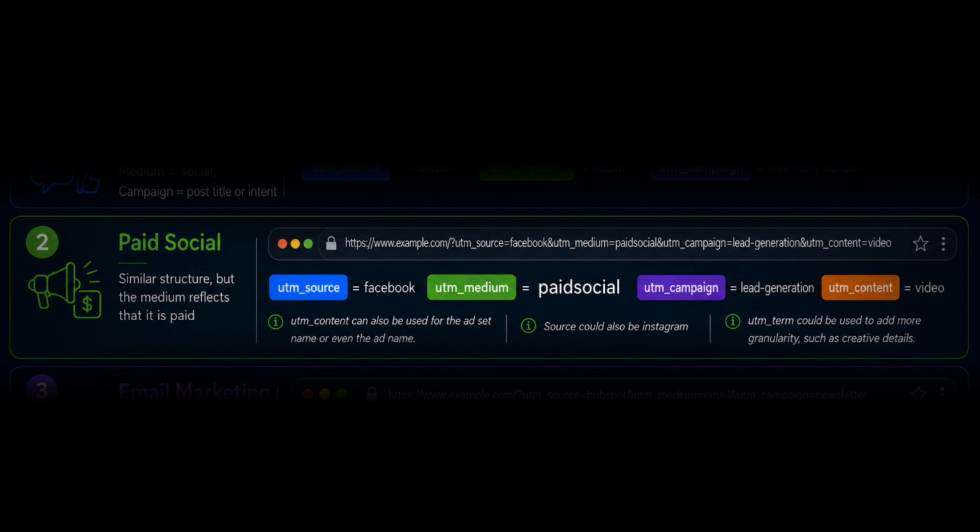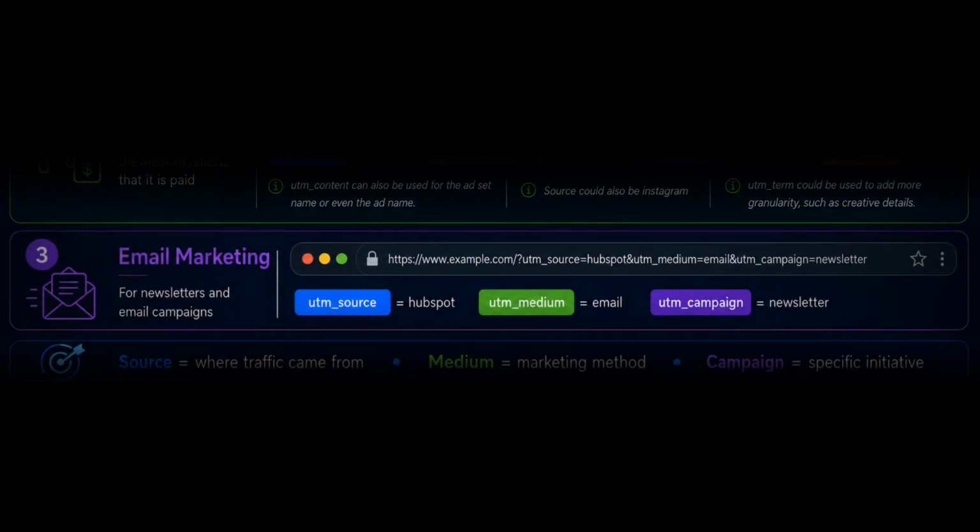UTM source is maybe something like Facebook or Instagram. UTM medium is maybe paid social. UTM campaign could be something like lead generation or prospecting or whatever it may be. UTM content could be video ad because it could be video instead of a static. For email marketing, you could do something like UTM source is something like HubSpot, UTM medium is email, and UTM